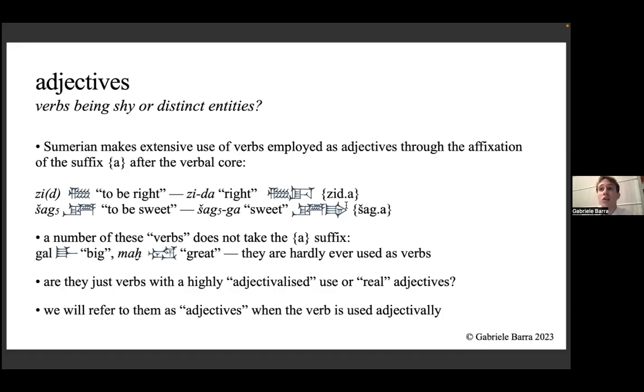In English, we have adjectives, so you can say, the rose is red. Well, in Sumerian, that works a little differently. You would say the rose is being red. The rose is redding. And that is, again, because